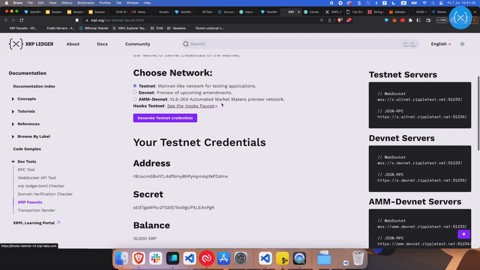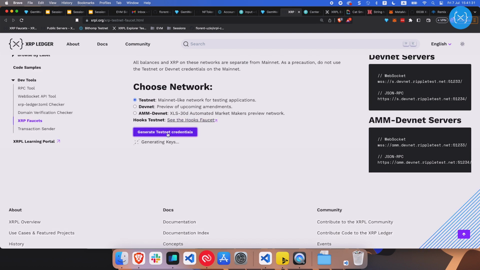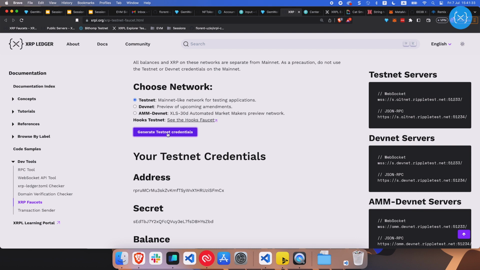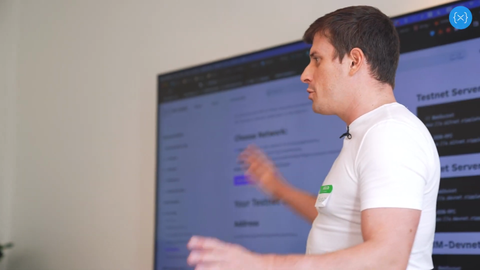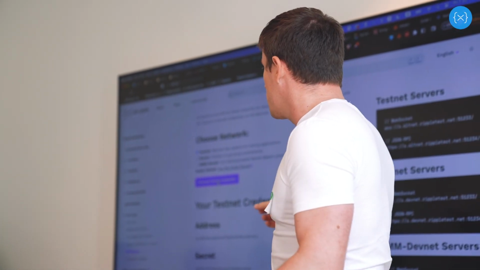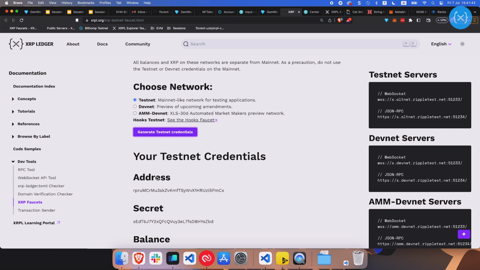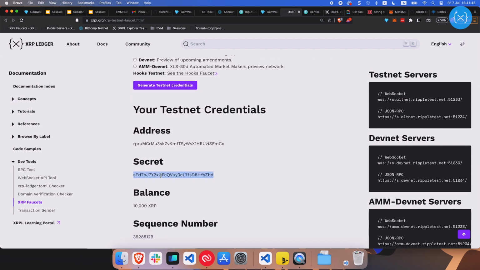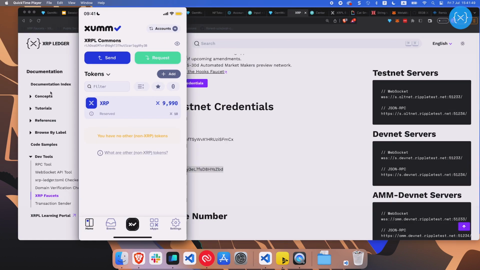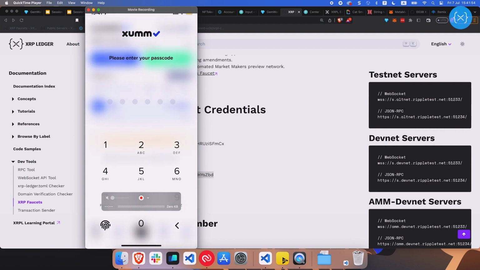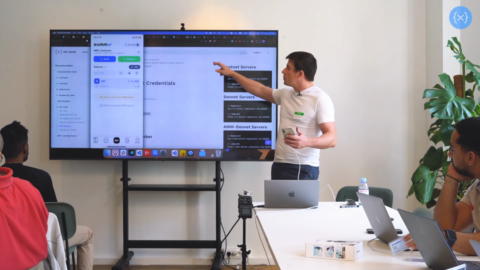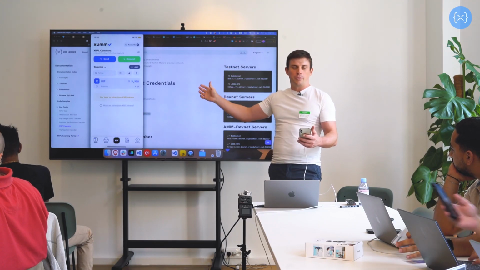We are going to generate new credentials, generate keys. All right. Are you following? All good? We're going to import a new wallet inside XUMM, so generate new credentials. We'll keep the secret actually. So here I have already an account. But what we need to do is go, well, in my case,